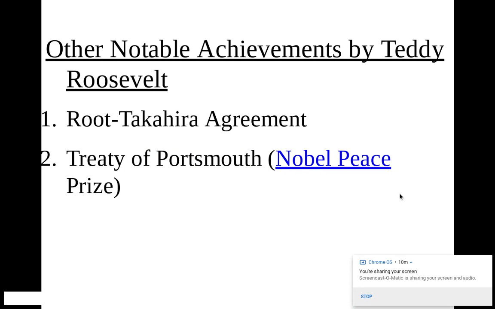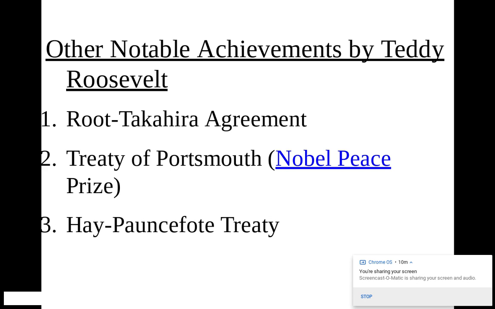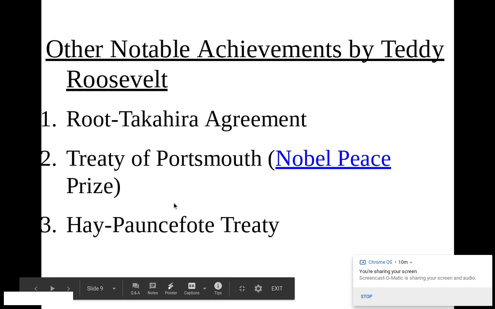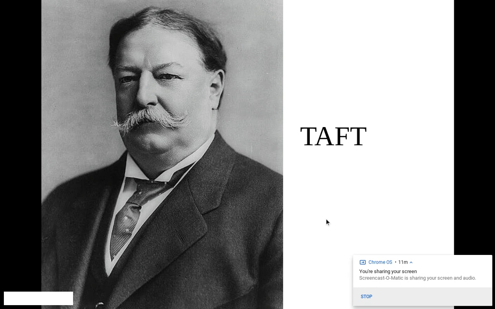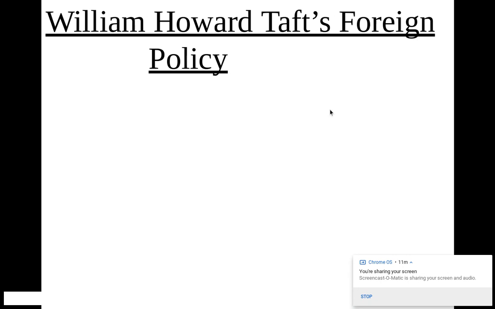Teddy Roosevelt wins the Nobel Peace Prize for brokering a peace between Russia and Japan. Because of time, I'm going to let you use your book to look these up. Teddy Roosevelt, a very active president. Teddy Roosevelt retires from office, and his successor, Big William Howard Taft, comes into play. And I'm a big fan of William Howard Taft, and we'll talk more about him on Monday, I'm sure.